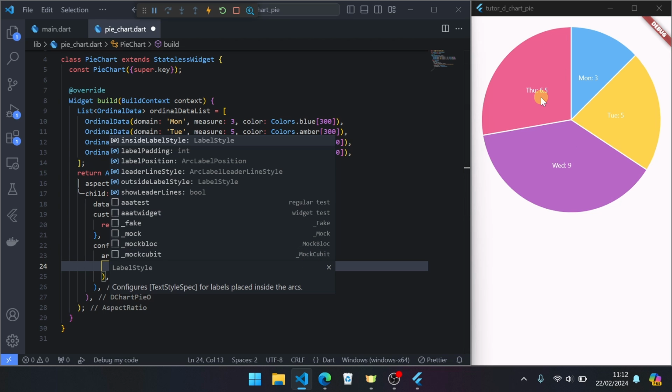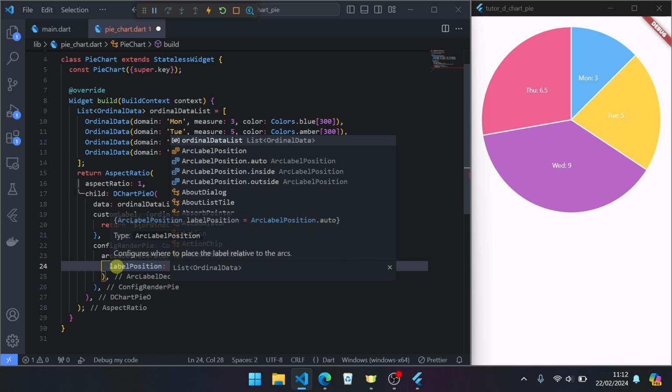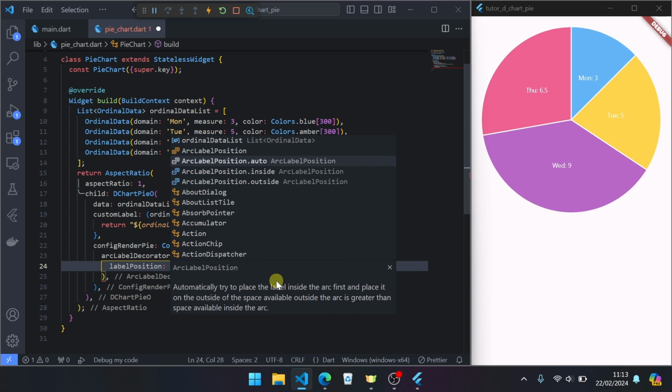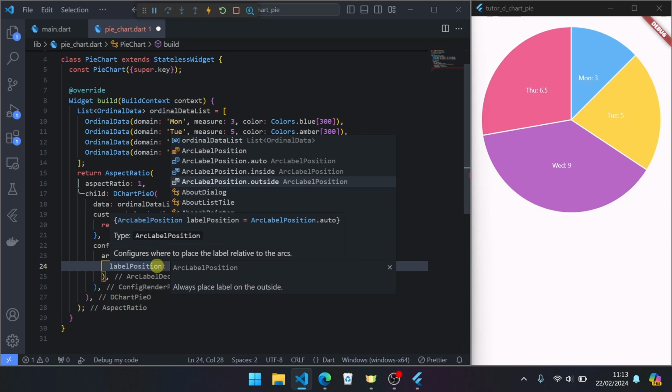But if the label shows outside, you can use outside label style. To check the difference between inside and outside, you can use label position here. It configures where to place the label relative to the arc. ArcLabelPosition: auto, inside and outside. The default value is auto.